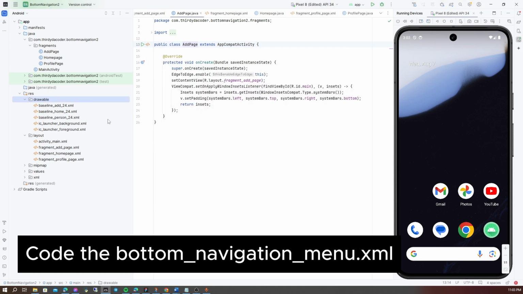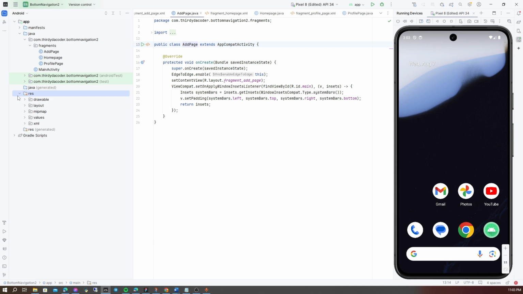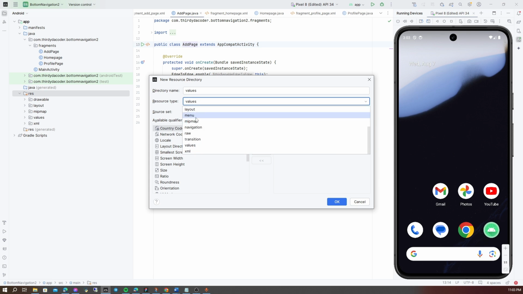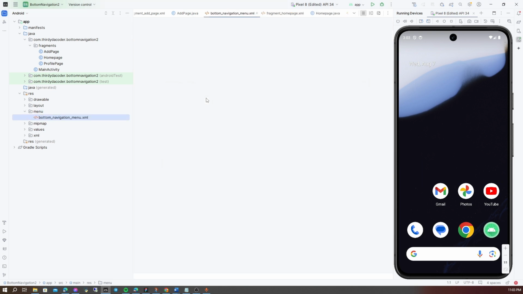Our next step, the third step, is the bottom navigation view. You can create it here in the res folder, create another, under the source directory, and use the menu button. Then okay, menu resource file, and rename it to bottom navigation select menu. Enter.